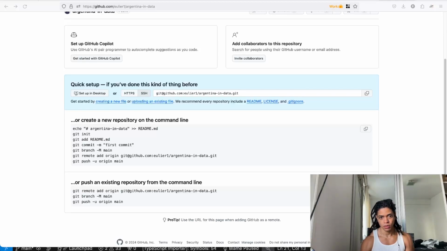Documenting the creation process on YouTube. Exactly. So it's Argentina in data.